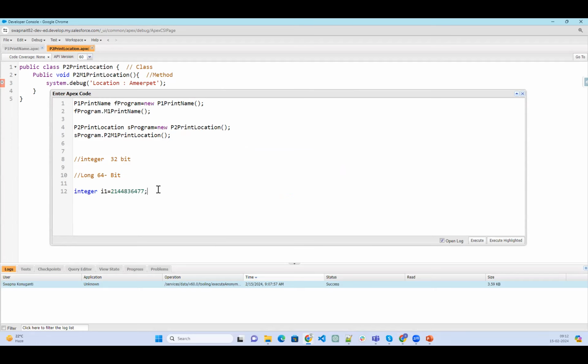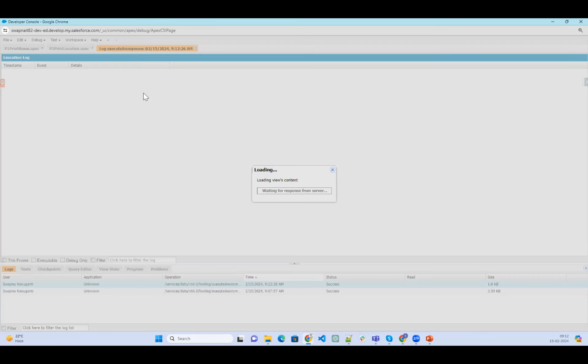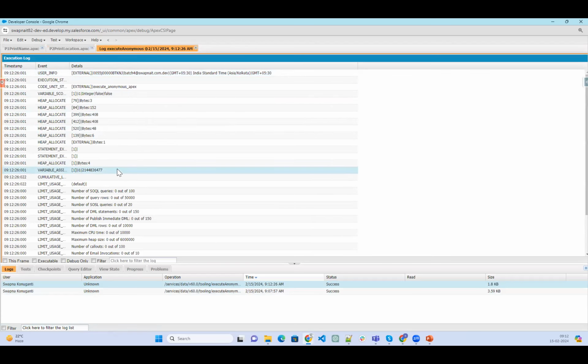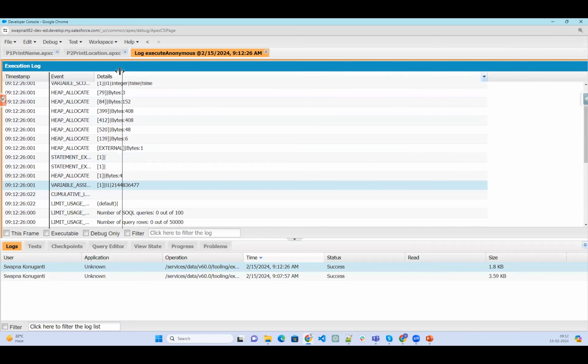Now I'll execute this. Execute the highlighted one. It is working perfectly fine. Variable declaration is happening, and variable assignment is happening. Whatever data I have given, the variable assignment has happened.